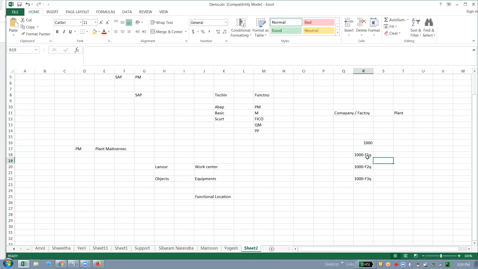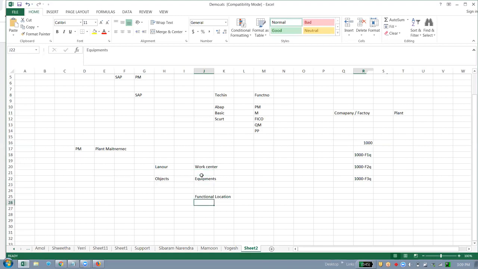In each floor, the objects available there, like fridge, AC, mixer, washing machine, can be set up as equipment, and the place where they are is called the functional location. Hope now you get some clarity on what equipment and functional location are.